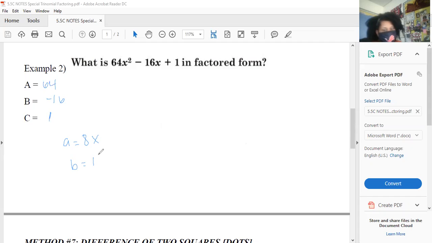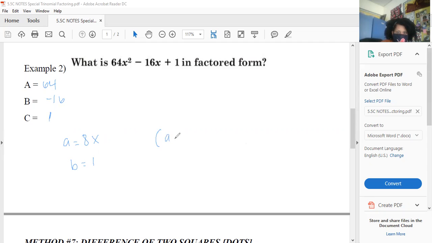All right, so before I write this, I want to make sure that the b term checks out. So remember, the b term has to be the product of the square roots of these. So 8 times 1 is 8, and if you double 8, you get the 16. So that works. Okay, so this is going to factor out to be